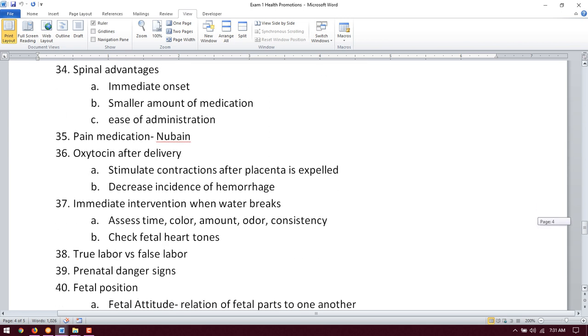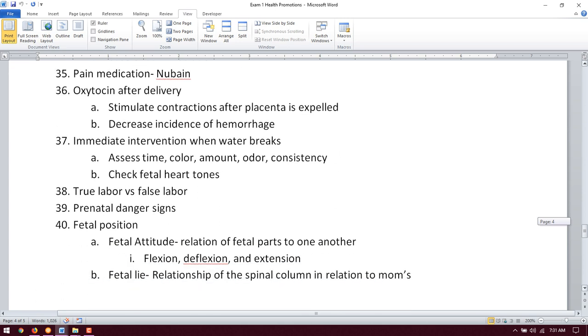Spinal advantages versus disadvantages. Just know that epidural is done more commonly, but the spinals can be used not in an emergency, because that would be general anesthesia, but when they need to get the baby out quicker. So, I don't know if I'd really call it easy to administer, but it's a lot quicker than doing an